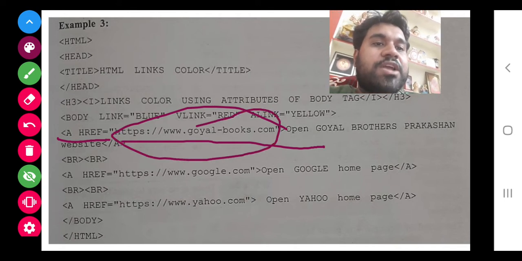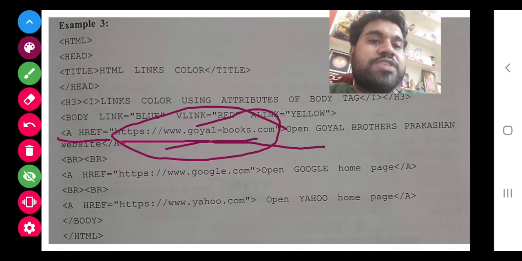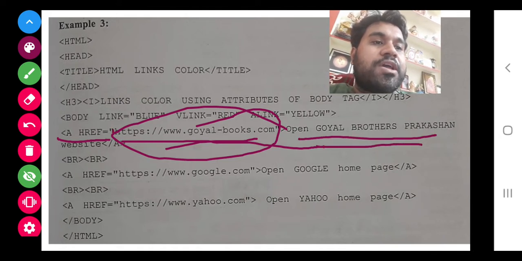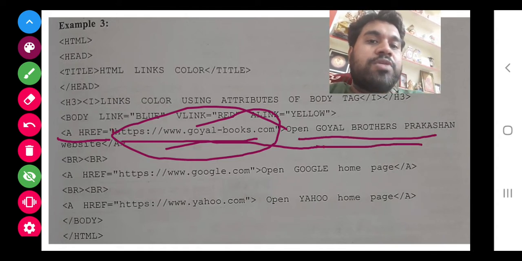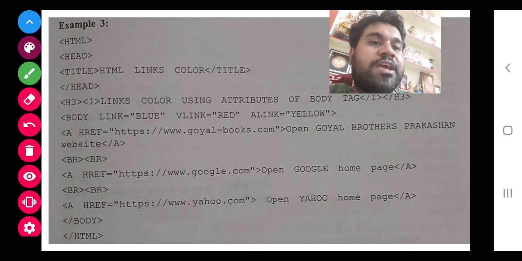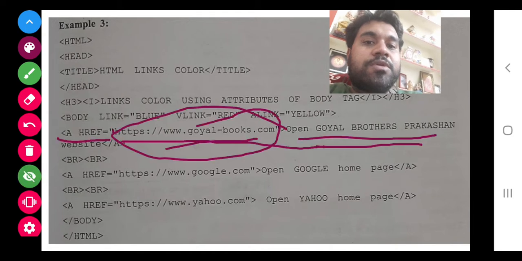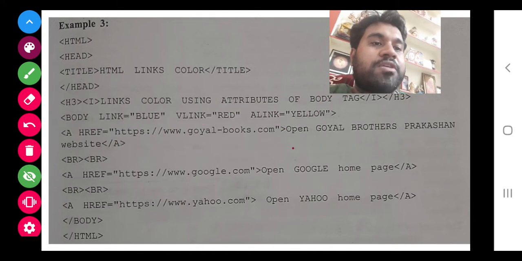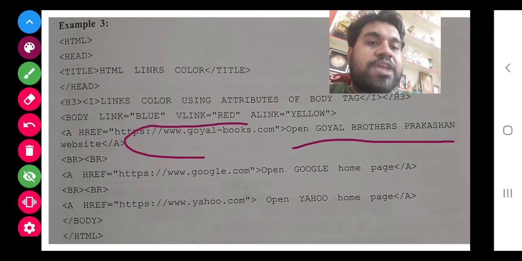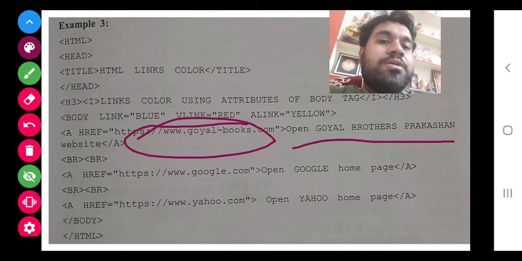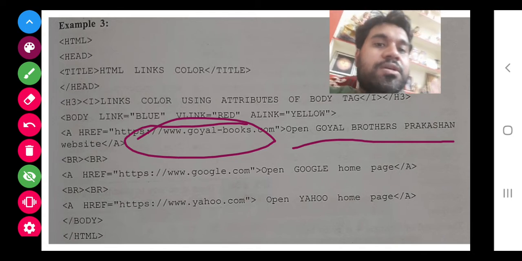So this time class, no need to give anything here. You just put double quotes, and between the a tags you write this matter. No need to give this address. This I will teach you later practically, how to connect.